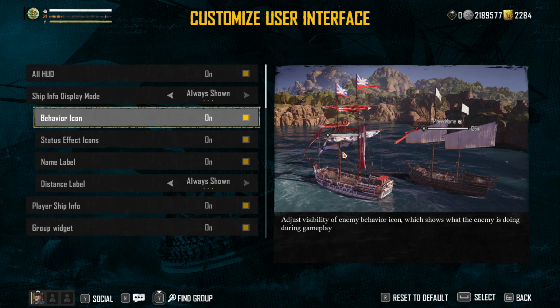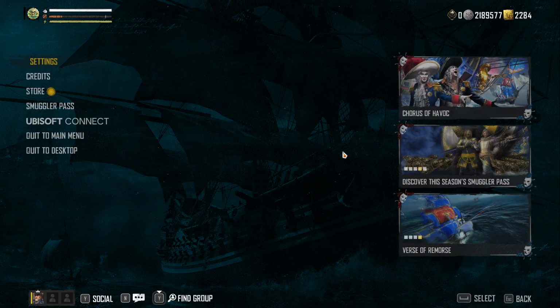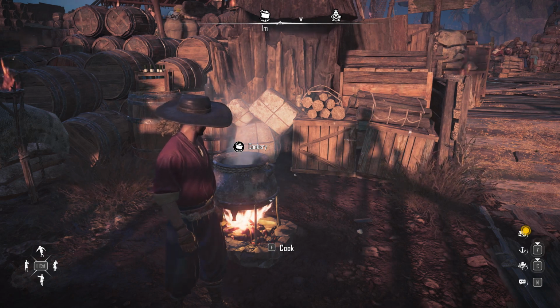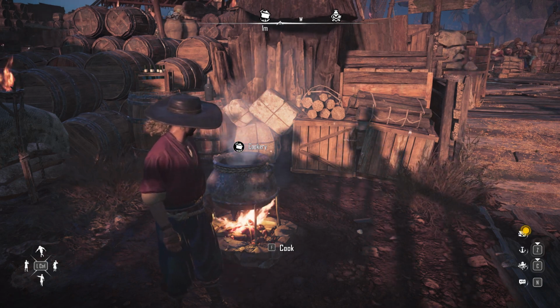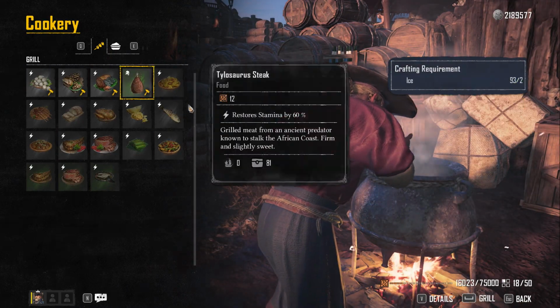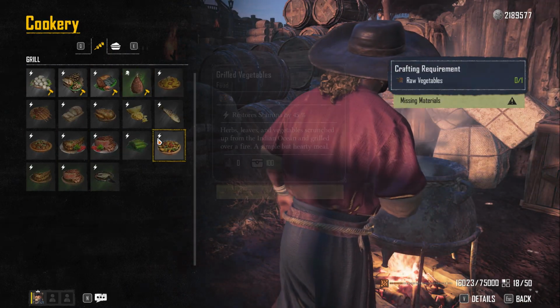Right, so let's move out of that. That's done for the admin, I think. Now we need to look at the food, because the food has changed. So if we go into it, we can see all of the foods, and we go to the one we generally use, which was between